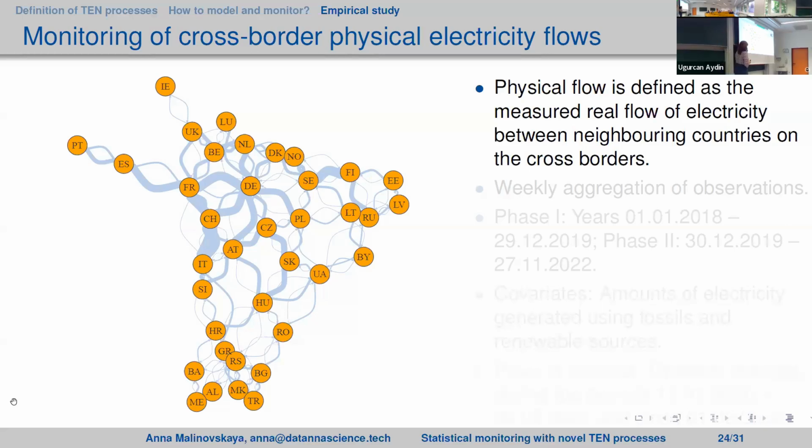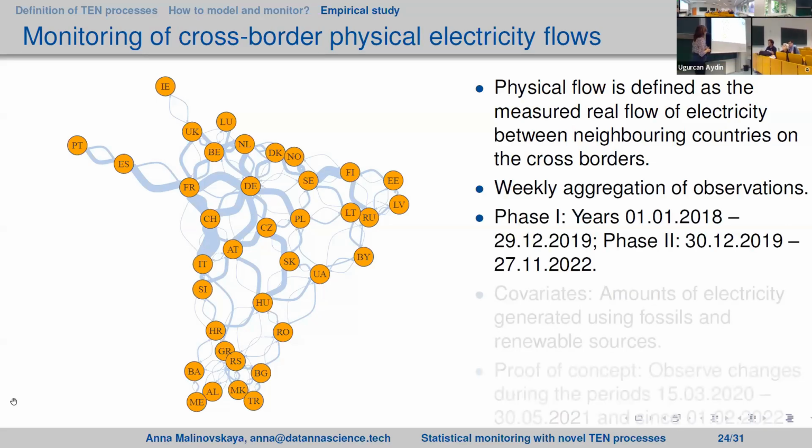Because there is some amount exchanged from Bulgaria to Macedonia and vice versa, which makes sense physically. And there's of course this strong cluster of Germany, France, Switzerland, and there's one more, I think, around